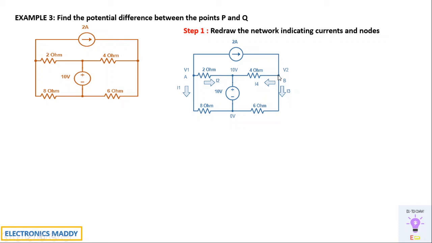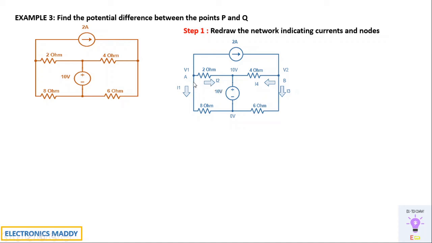If we don't know the voltage at node B, we'll write it as V2. We will always take a reference point for any application of a circuit. There should be a reference point, so we take it as 0 volt in this case. So we will be applying KCL, and one of the most important steps is that, with respect to all of these nodes, I have considered the current to be leaving the particular node.